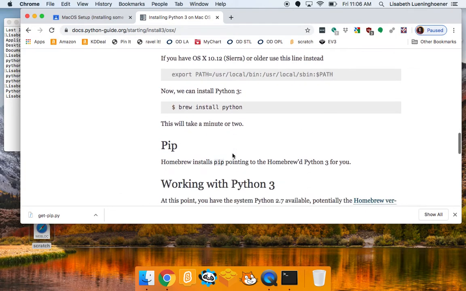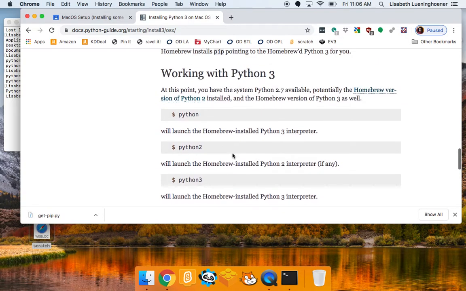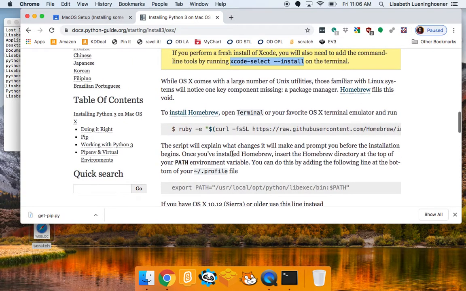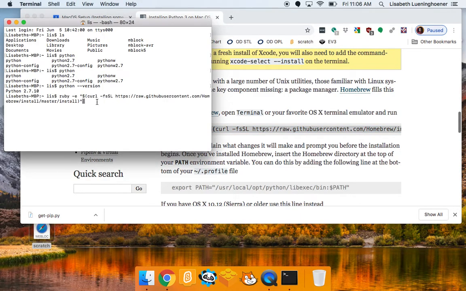I believe you should be able to do this in the directory of the student and not have to have administrative privileges for it. That's actually one of the points of Homebrew, that you shouldn't have to be an administrator to get things installed. So I'm just going to copy out this whole string here, this ruby -e and everything,